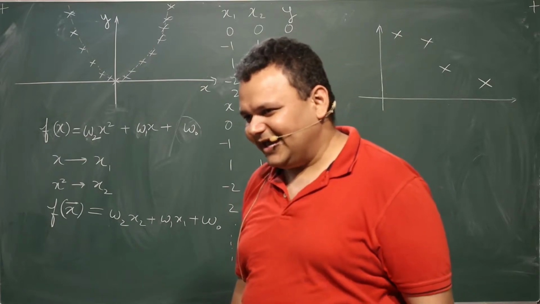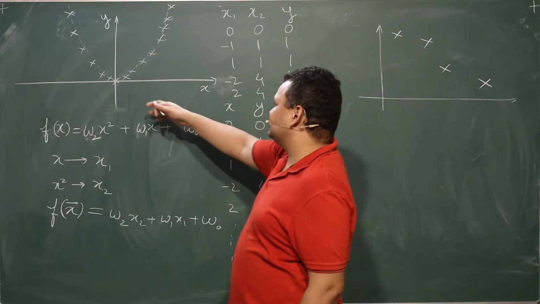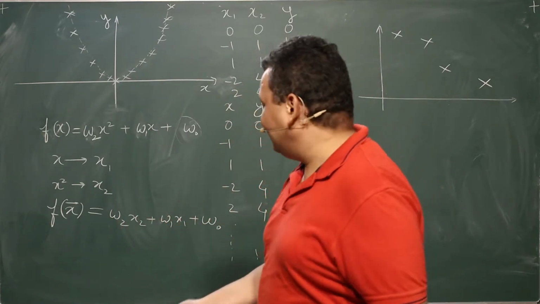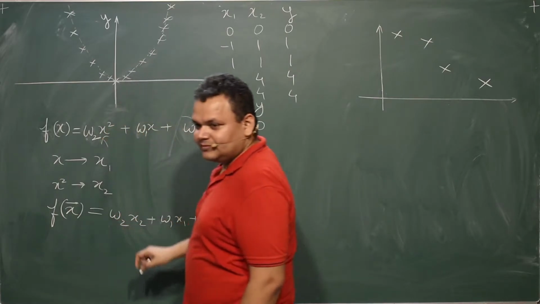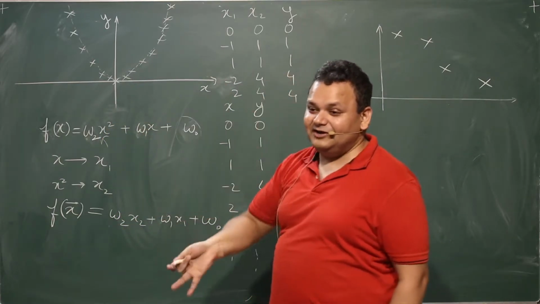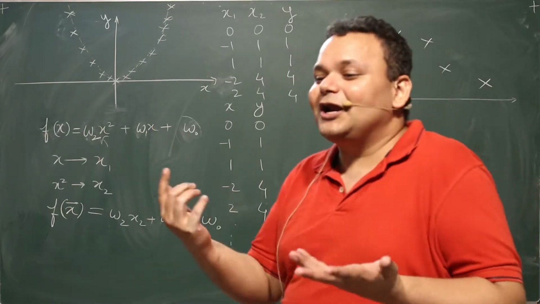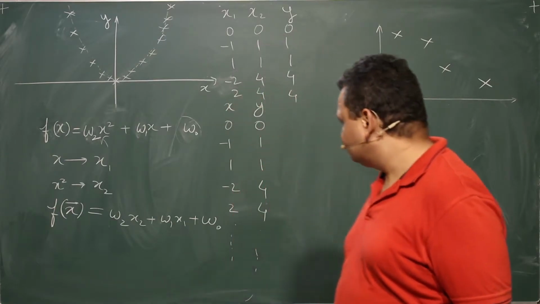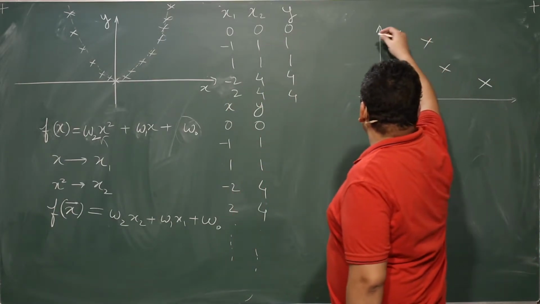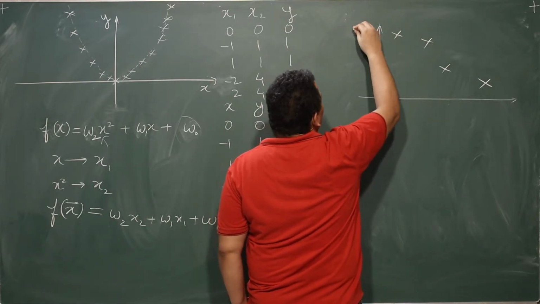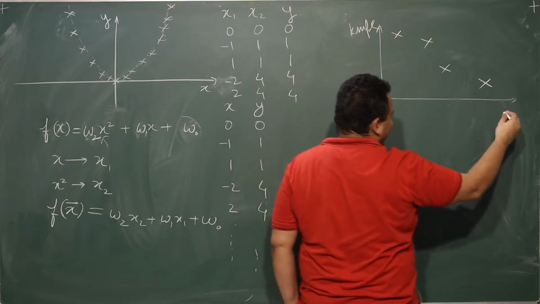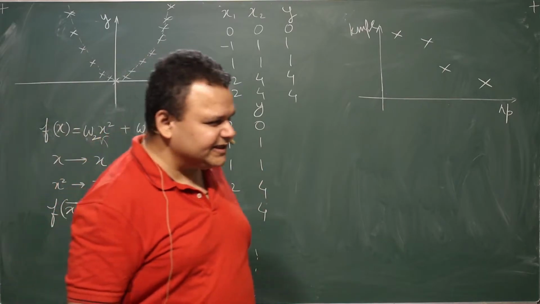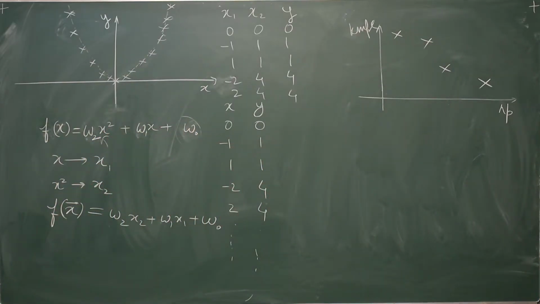So I looked at the data and found that linear is not going to fit it, so I tried fitting it using a quadratic function. I see that the quadratic function is fitting it very well, so we'll assume that our true relationship is quadratic. Now let us look at this data: mileage in kilometers per liter versus engine power, horsepower. We had fit this data using a linear model.